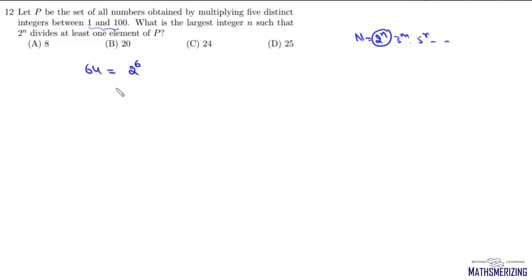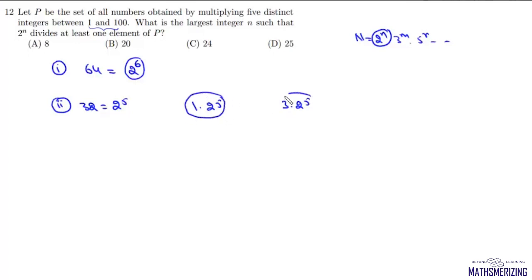So between 1 to 100, the highest possible power of 2 is 2 to the power 6, and we'll get this highest possible power when the number is 64. So one of the numbers will be 64, and that is 2 to the power 6. Now the next possible number will be 2 to the power 5, and that is 32. Now with 32 we can have either 1 into 2 to the power 5, which makes it 32. We cannot have 2 into 32, then it will become 64. Next we'll have 3 into 2 to the power 5. So these are the other two numbers which are possible.